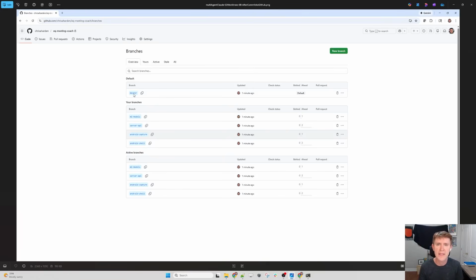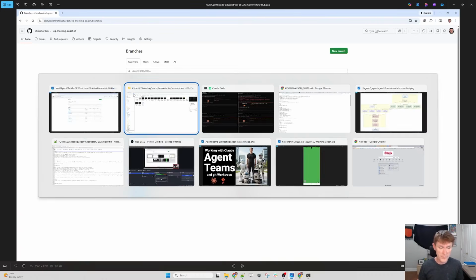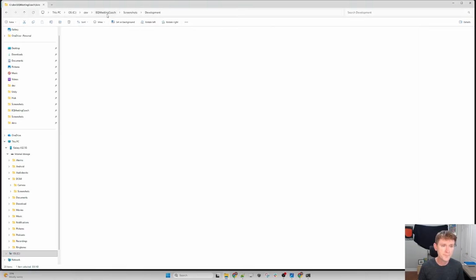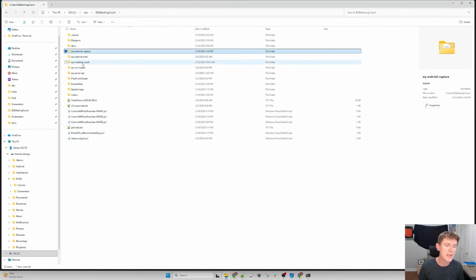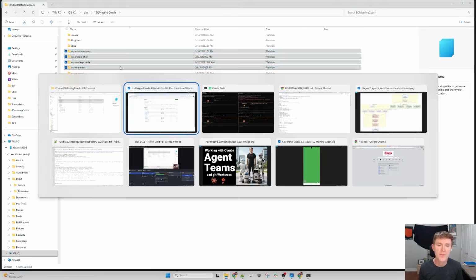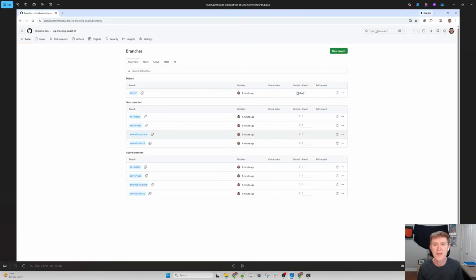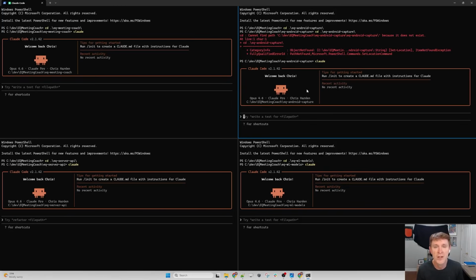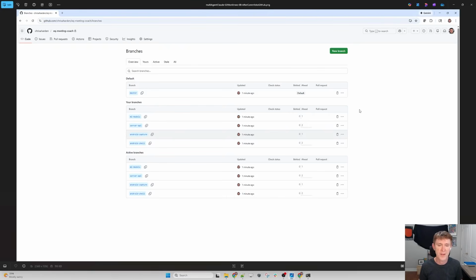Usually when you're working in Git, you switch branches and you're in the same code tree. In this case with worktrees, all the work trees are sitting right here. So every single one of those agents had their own personal folder they're working in, and when they were ready, they'd commit the code up to their own branches up here. And so that's the work tree paradigm, in addition to using the terminals to talk to each one of the agents while they worked in parallel.